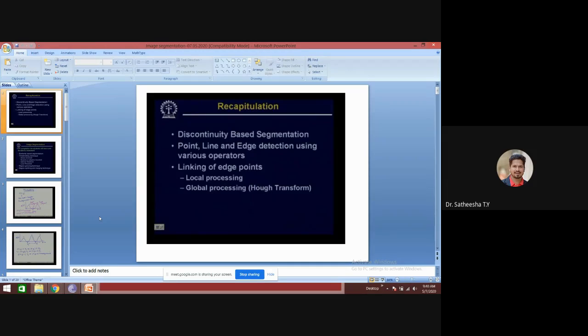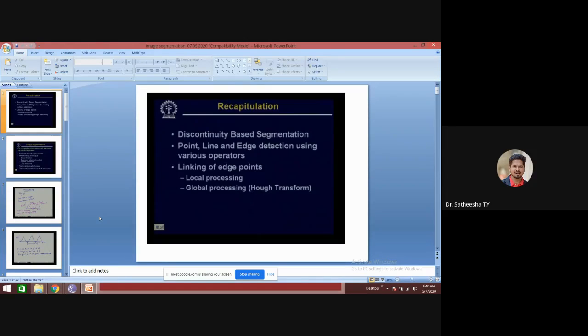So if within a neighborhood two edge points have similar edge strength and also similar edge direction, those two points are linked together to be part of the same edge. Now the problem is that if the points are not in the same defined neighborhood but are at a larger distance, this local edge linking operation does not help.